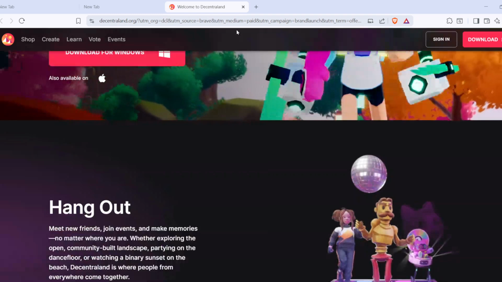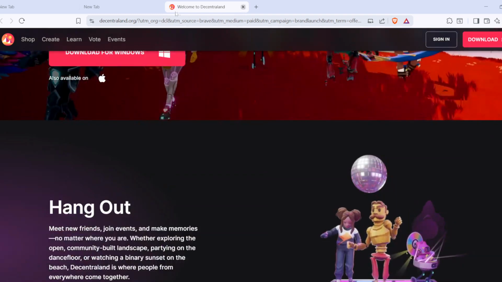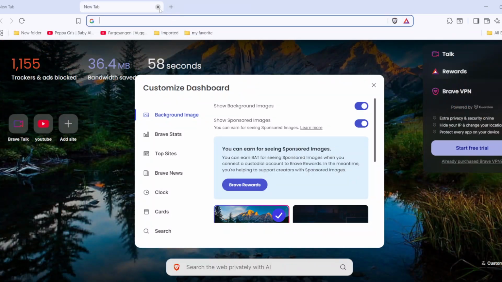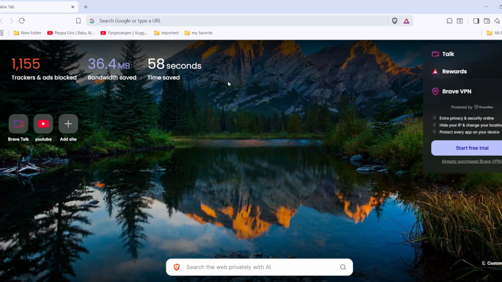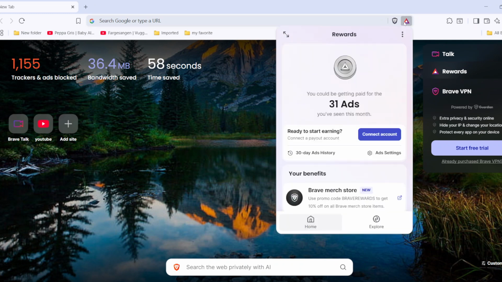Now, let's talk about claiming those hard-earned rewards. Brave makes it easy by providing a monthly claim period. At the end of each month, you'll receive a notification to claim your accumulated BAT. Make sure you don't miss this step to ensure all your efforts are rewarded. This process is straightforward and brief, ensuring you spend more time enjoying your browsing experience and less time managing the